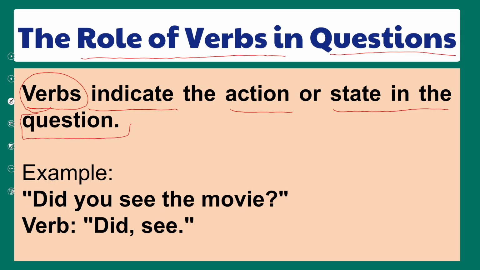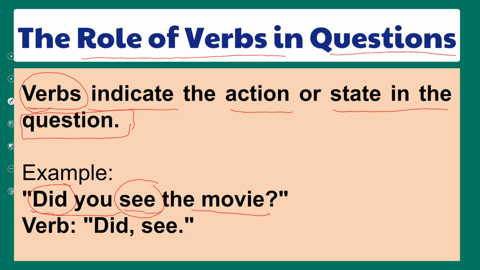So most of the time in questions, the asker asks about some action or some state which is happening or not happening. Here is an example. The question is: did you see the movie? Here did and see are both verbs, and these verbs indicate an